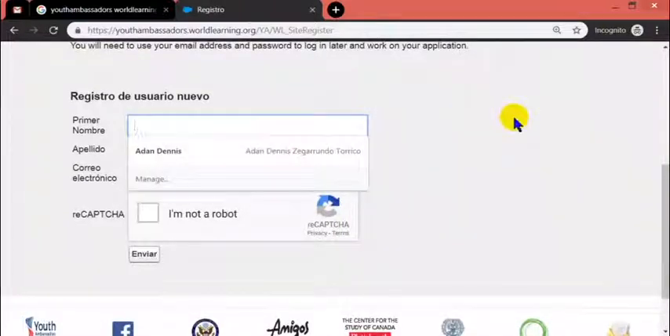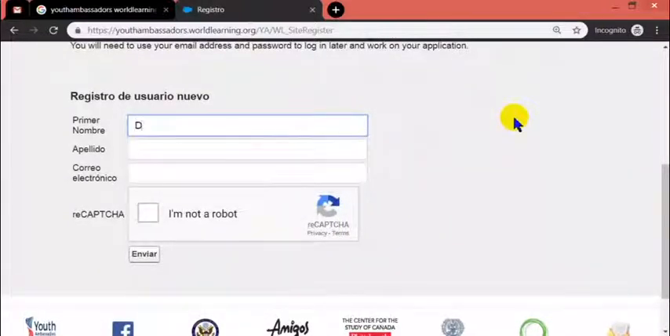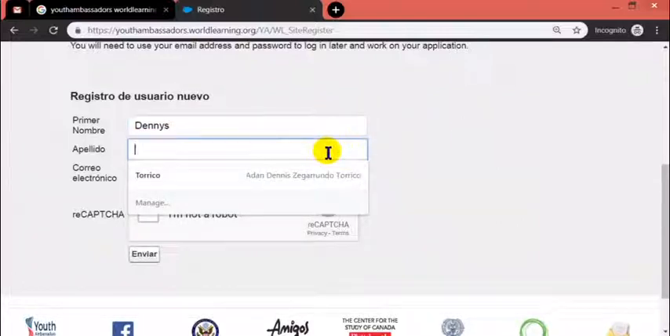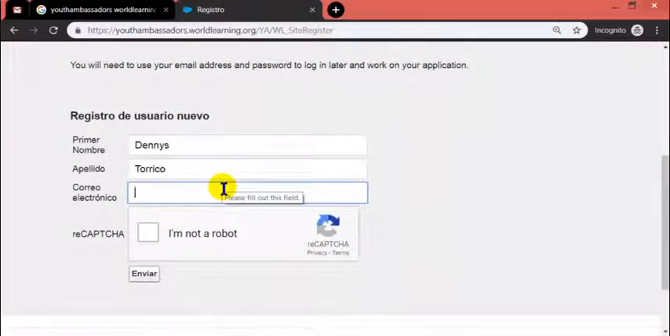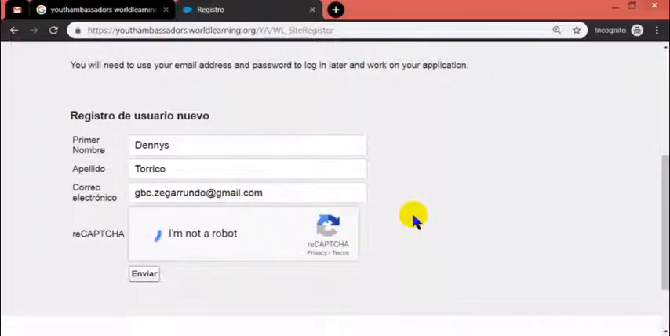Okay. So now I'm gonna use one fictional name. Let's see. And then here is where you have to type a valid working email account. Okay, in my case it will be gbc.segazundo at gmail.com, right? This is where you click that you are not a robot,